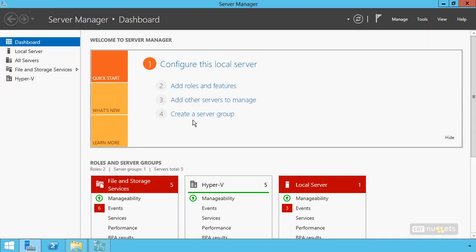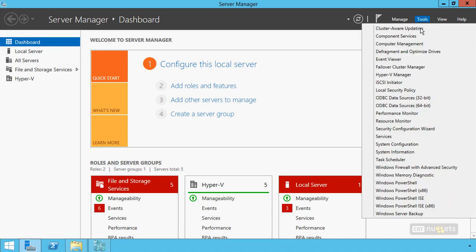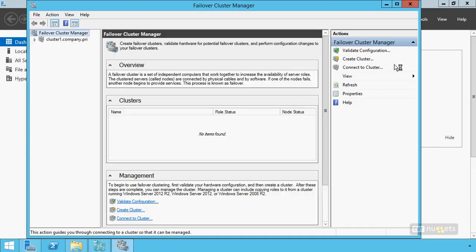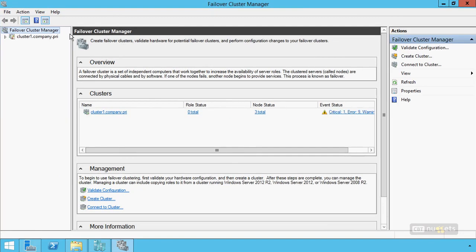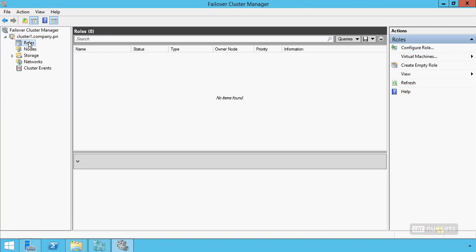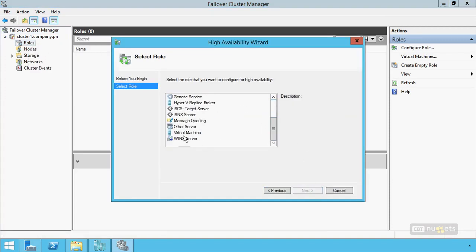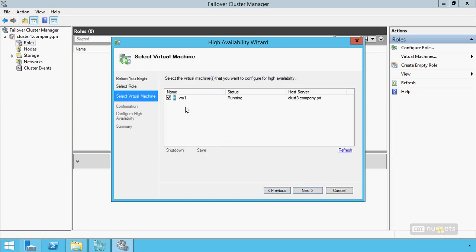I've got to do that through a couple of different steps. The first of which is to bring up the Failover Cluster Manager wizard here. And then from within the Failover Cluster Manager wizard, I'm going to add this virtual machine as a new role. I'll right-click to configure the role. I'll choose Next here. I'll come down to Virtual Machine. And then I can select the virtual machine that's on this host, VM1, that's currently running,